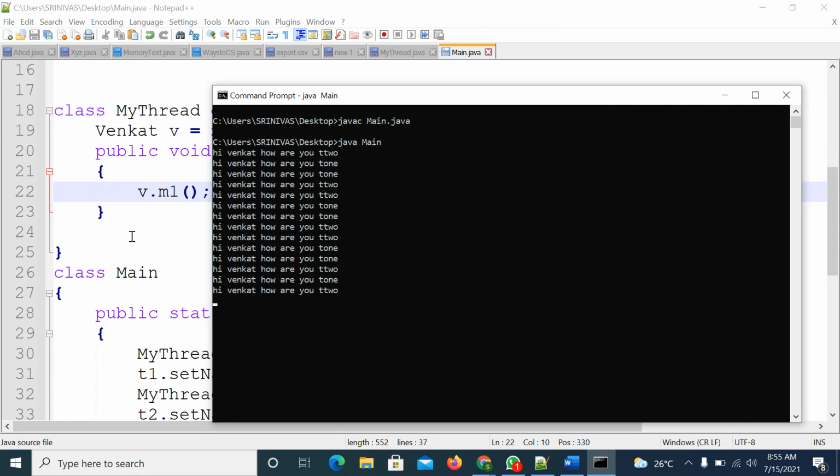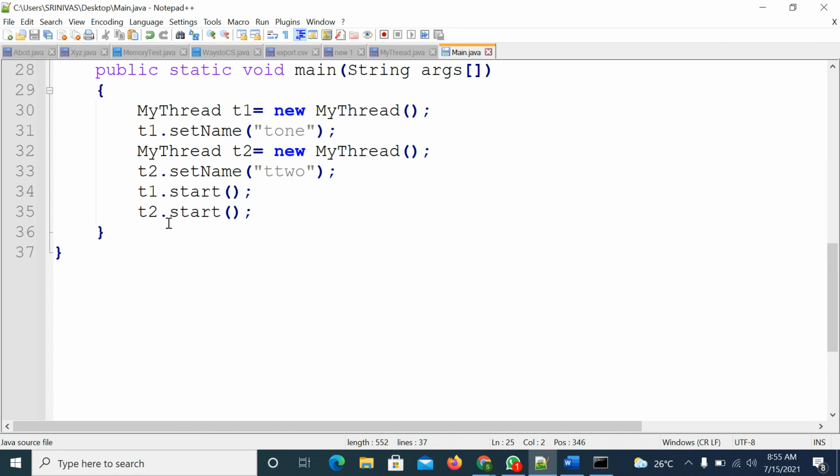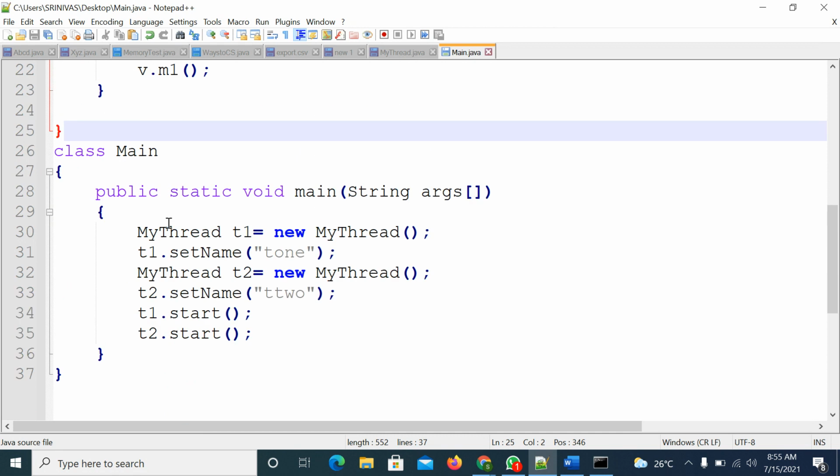I think we have not updated it. It is creating two objects. The problem is that here it is creating two objects. So what I will do is make it only one object.